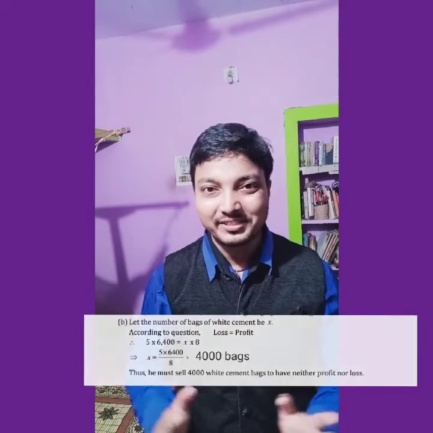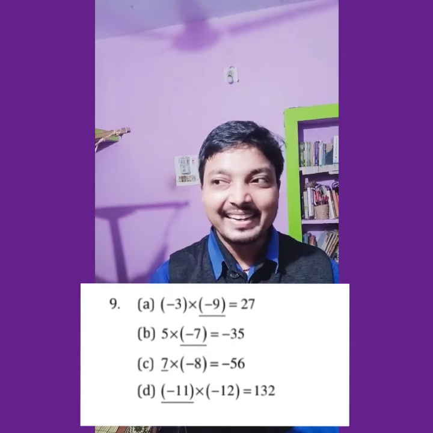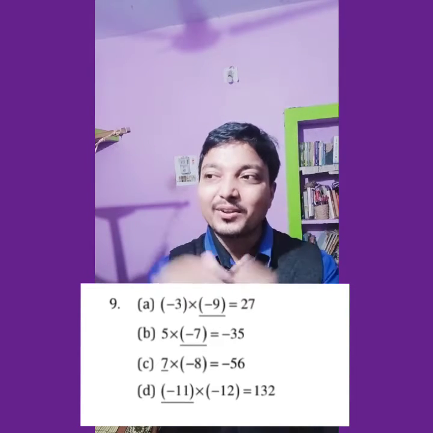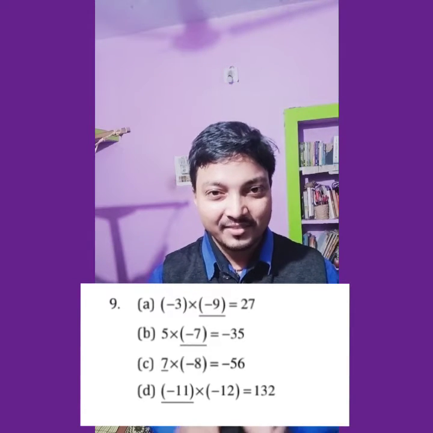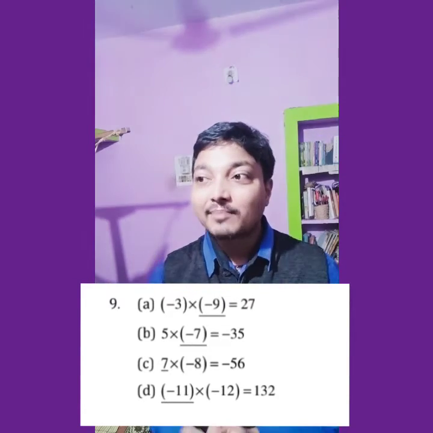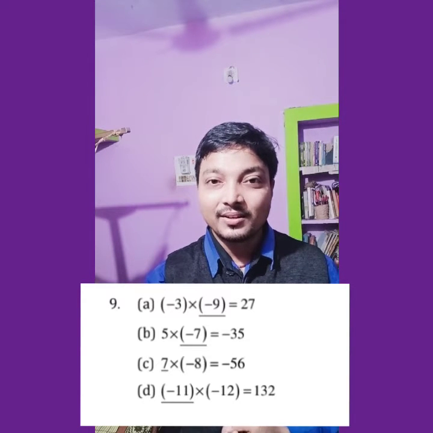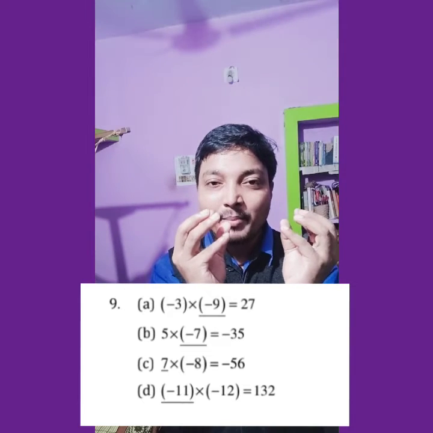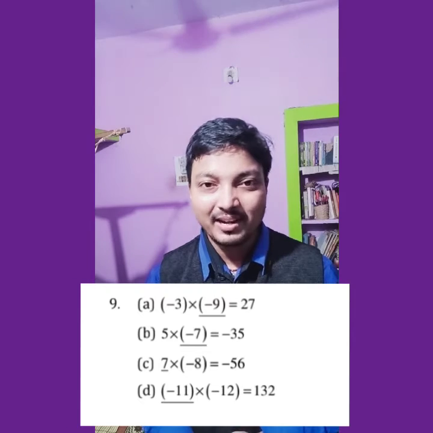Okay, how were all these questions? Now the last question is very easy, just like we have done in question number 3 part 2. Here it is minus 3 into how much equals 27? You have to first balance the number. 27 means 3 into 9 equals 27. Number balance is over; then we have to do the sign balance. The product 27 is positive, so minus should be multiplied with minus. Minus with minus becomes plus. So minus 3 should be multiplied with minus 9.